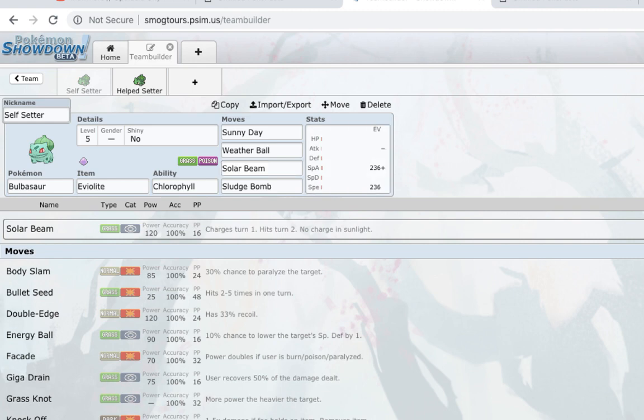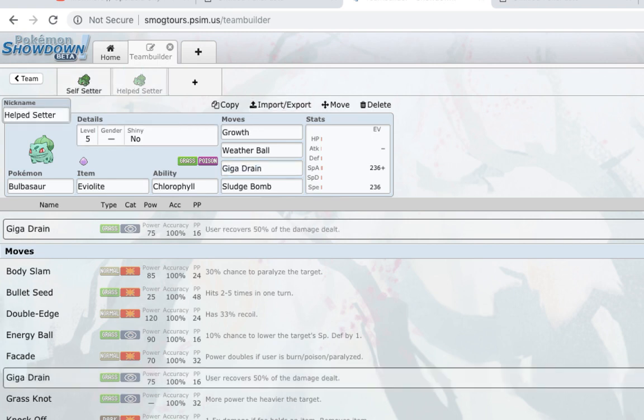But personally, my preference is to run the Helped setter, or Helped Sun Abuser. The idea is that you are going to be running a Sun team, and I used this in the semis versus Shrug, so you can take a look at that team if you would like. But it didn't matter. The point is, the game was geared around a Sun team. So the team I brought was Diglett with Heat Rock, and then a Ponyta with Sunny Day,